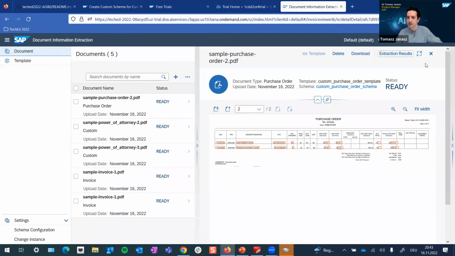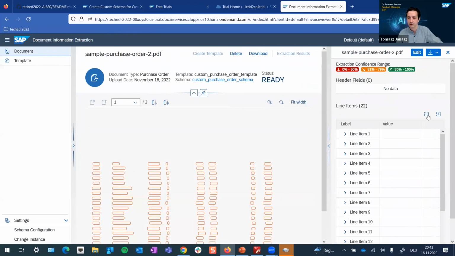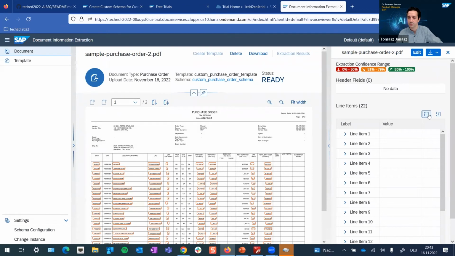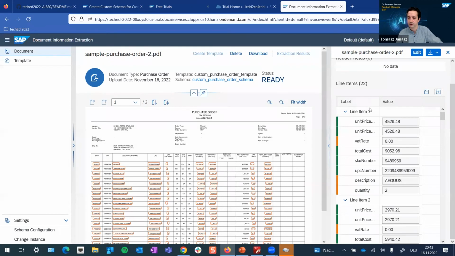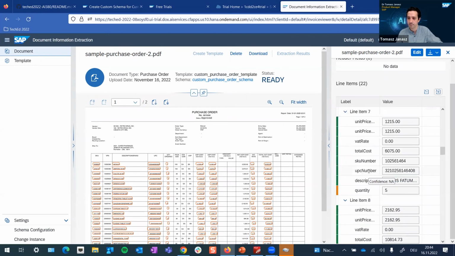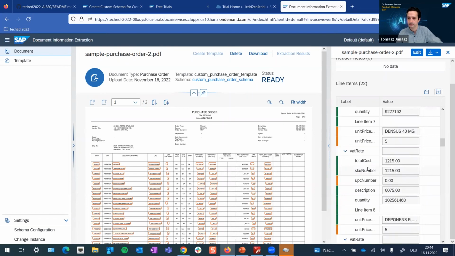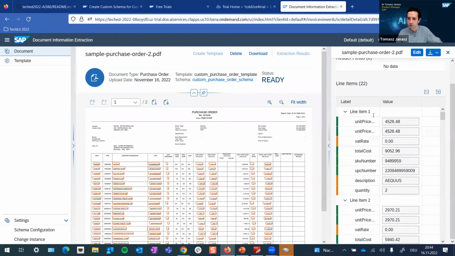Okay, let me then check the extraction results here side by side. So again, you can expand all the line items, and you can navigate through all the line items and the corresponding key value pairs that were extracted per line item. One thing that I also wanted to show to you is